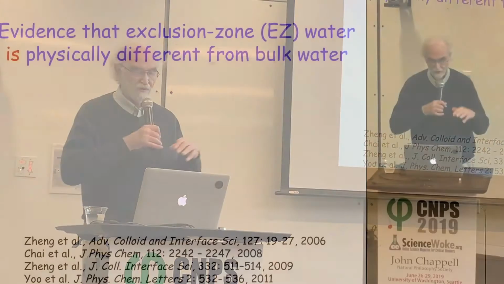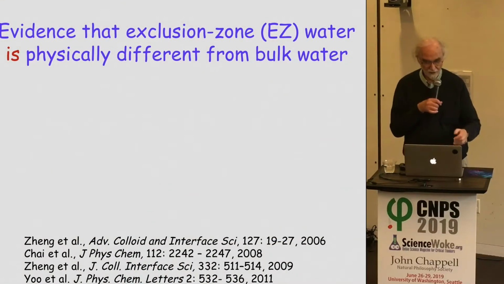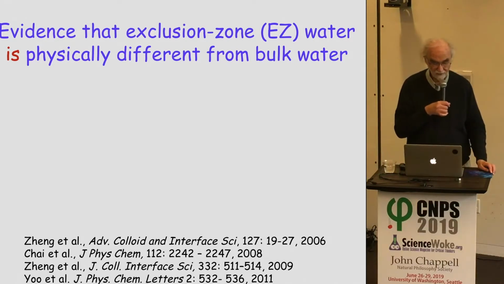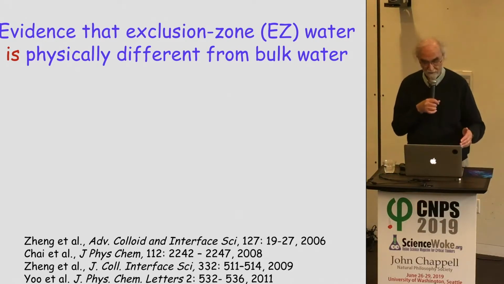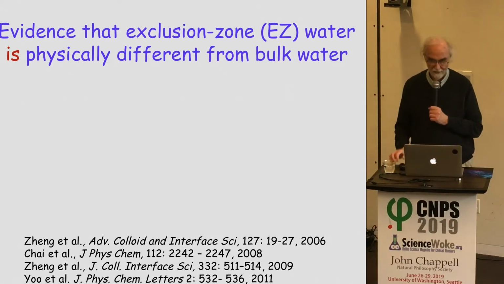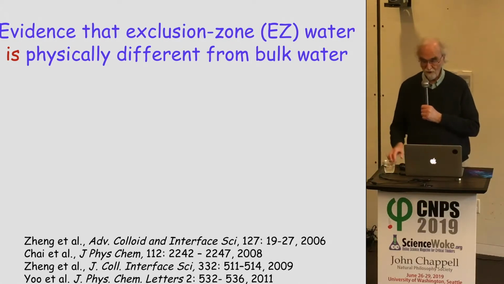So what I want to do is I'm going to list 8 pieces of evidence. By now there are, I would say, a dozen or more. And I'm not going to go through details of each one because most of it's been published and anybody who's interested can look. So I just want to give you an idea. And I will focus on one of these pieces of evidence because it's very important.